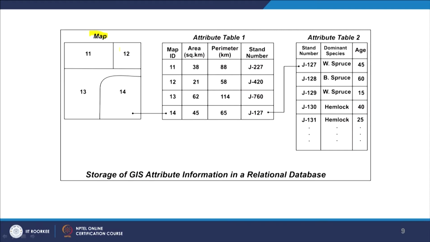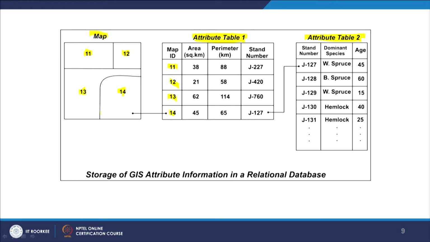Now, let us see the example. Here the map is the same. Here I have a map which has just 4 units, a polygon map. Here I have attribute table 1, and now for the same map I get, from some organization or from some section within my own organization, another table which has some other information than what I had in my database or my table. Like here the map ID, there are 4 units or 4 polygons, and each one has been assigned an ID: 11, 12, 13, 14, what you are seeing here.